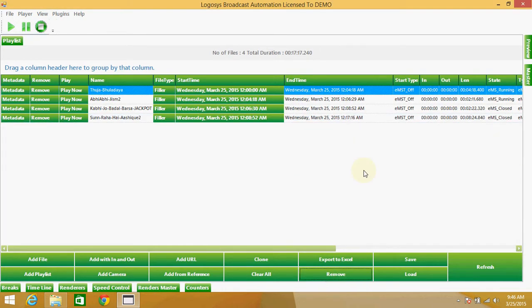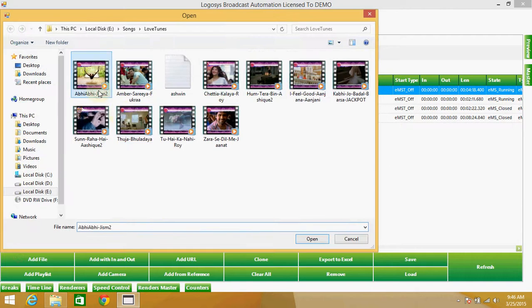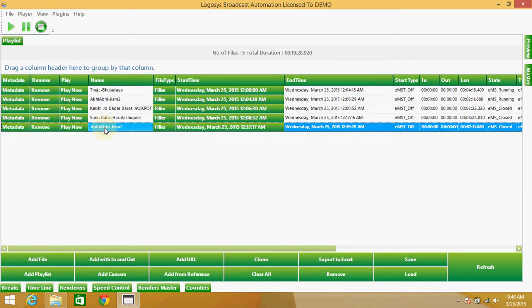Now if you can see, if we add a file, it is added to the playlist. The total duration is displayed here, and the total number of files is displayed here. But let's say you need to play songs or video songs, and each song is 5 minutes, and you need to pull the content for 25 minutes, maybe Hindi songs or English songs or romantic songs or rock songs or whatever you want. How you can do that is via a playlist.